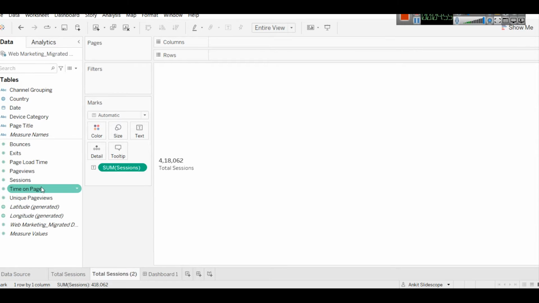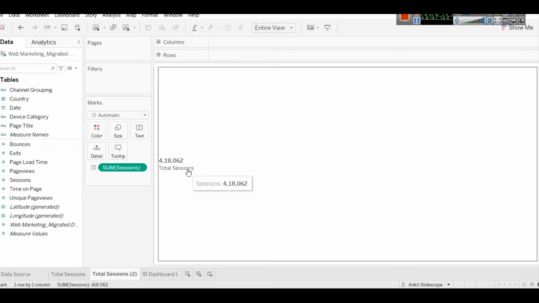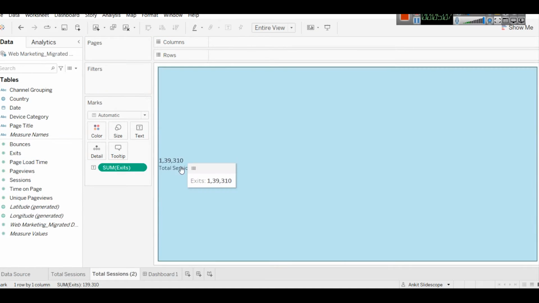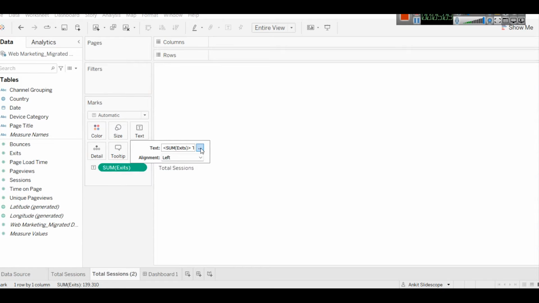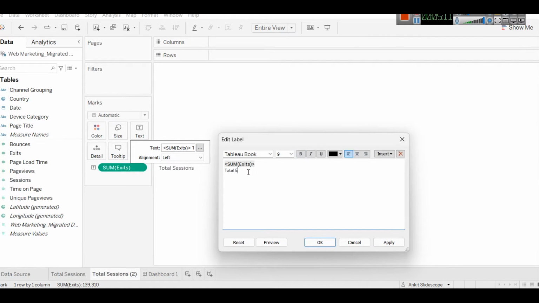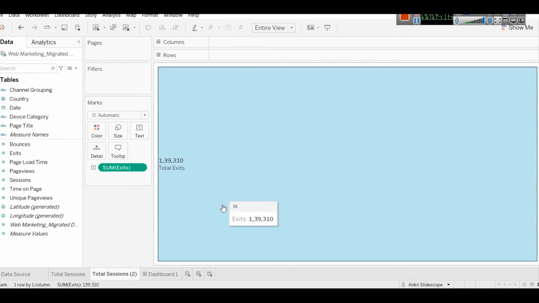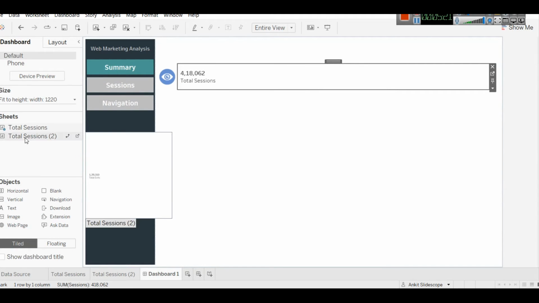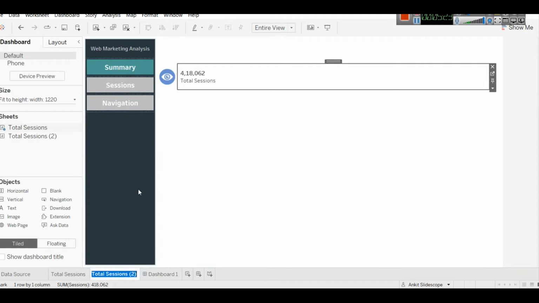Let's say here we will have total exits. So I will simply replace it with total exits. Just replace, and we can go to text and write total exits. I'm just showing you one by one. And after total exits, when you go to the dashboard, we have total sessions too, so we can rename it as total exits. So good. Now